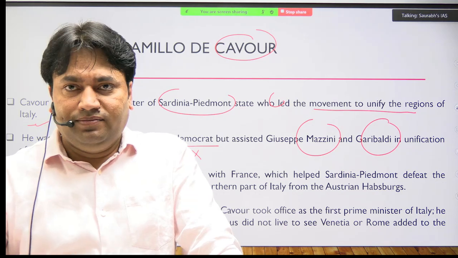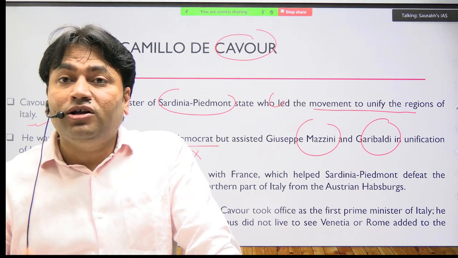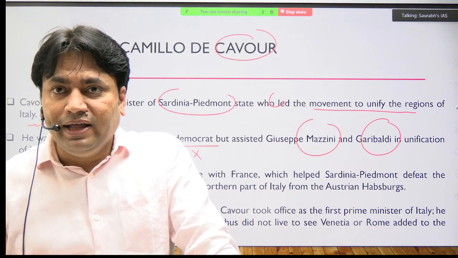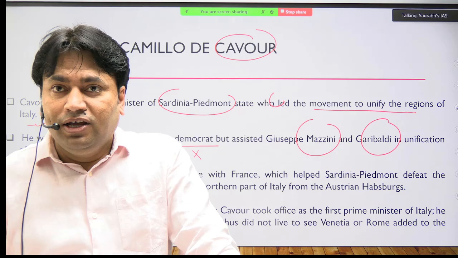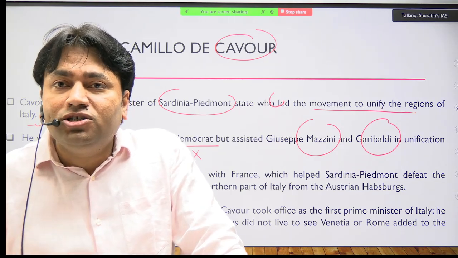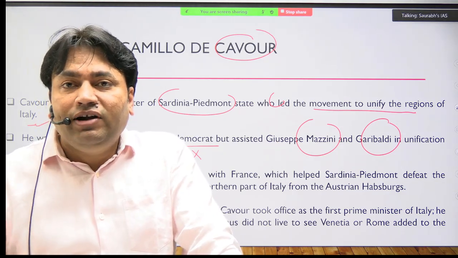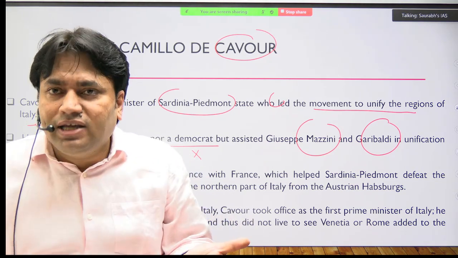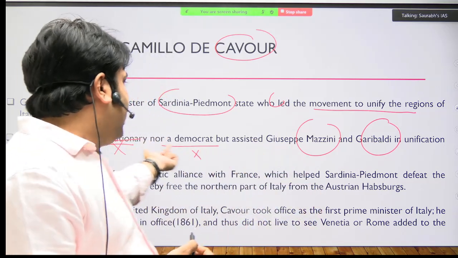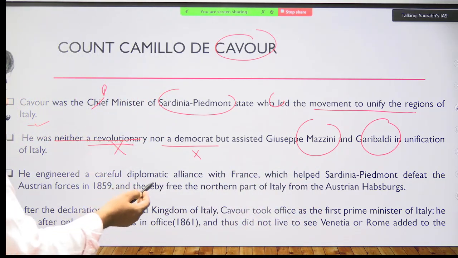जैसे भगत सिंह, ideology was what? Socialism, right? Nehru was inclined towards socialism. Subhash Chandra Bose was inclined towards socialism. Gandhi had a different philosophy. मेरी बात समझ गया ना? बट उन सबको मिला के ही तो चलता ना किसी देश का आंदोलन. तो वही चीजें हैं कि Cavour was supporting Mazzini and Garibaldi.